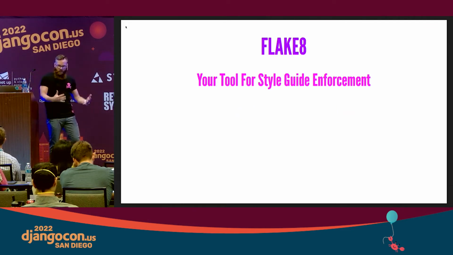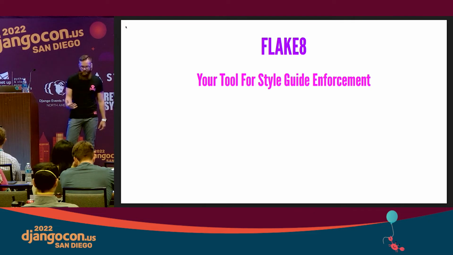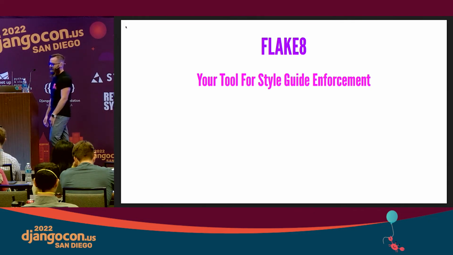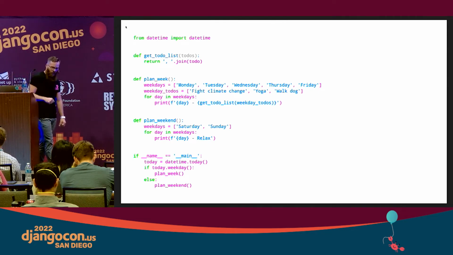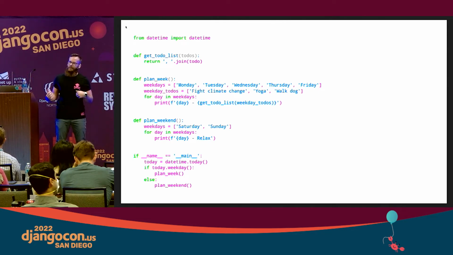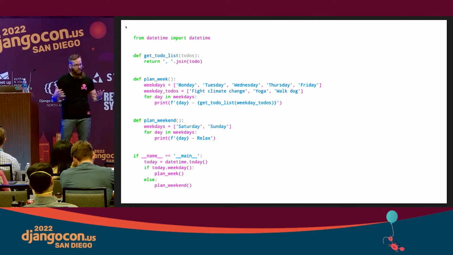So that's iSort. Flake8 doesn't have as cute a tagline, but it's still very cool. It's your tool for style guide enforcement. So what does that actually mean? I'm an older C developer, so I used to throw everything into a compiler. It would complain to me, I'd fix the issues when the code compiled, and I felt pretty good about it.